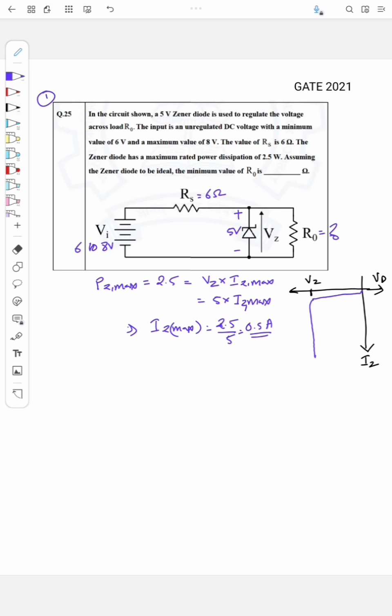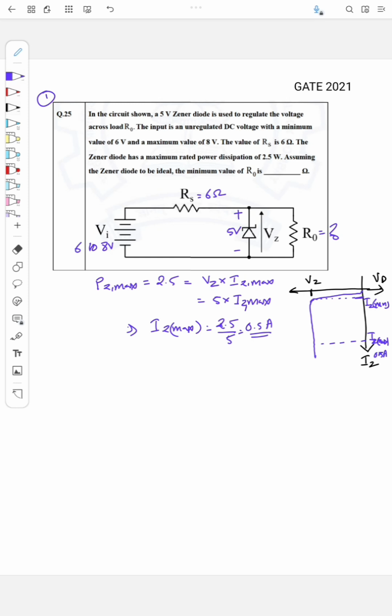And here the minimum current at the breakdown is this one, that is Iz minimum, and the maximum will be Iz max. It depends on the maximum power rating which is given here. So this is Iz max, and given this Iz max is now 0.5 ampere,